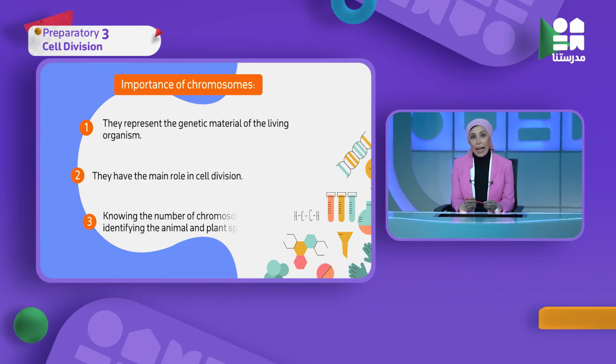Number two, it has the main role in the cell division as we are going to explain later. هنشوف كل الستبس بتاعت السيل division depending on the chromosomes. هو الرول الوحيد، الدور بتاعه هو السيل division. Number three من الامبورتنس بتاعته، لما بعرف النمبر of chromosomes بتاع أي حاجة it helps me to identify the animals species and the plant species. أعرف the animal the plant من النمبر of chromosomes so I can identify the species that I'm going to speak about it. طيب